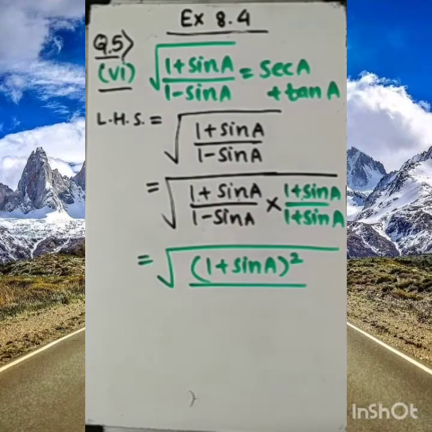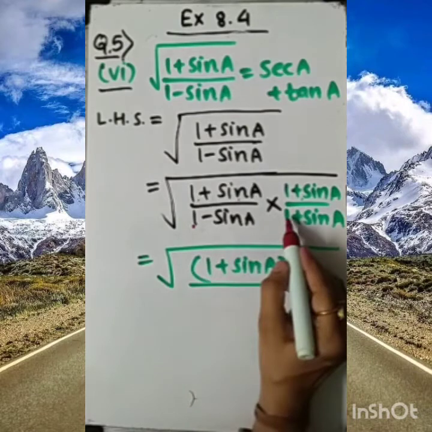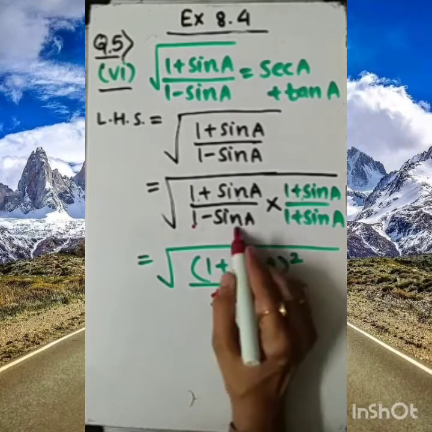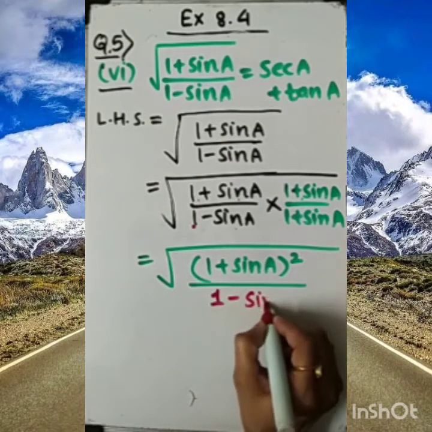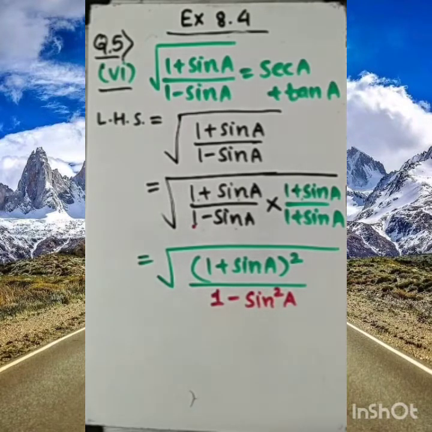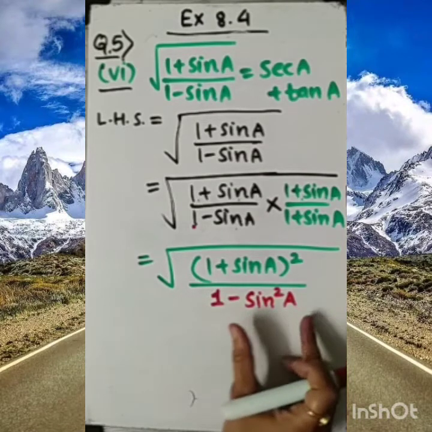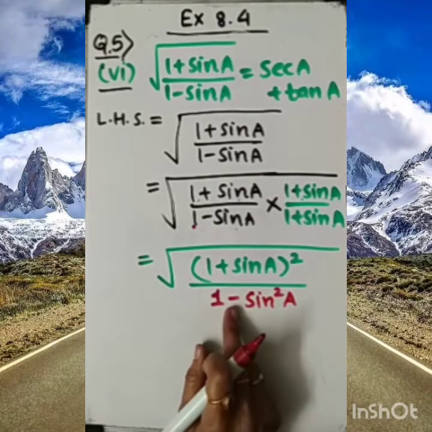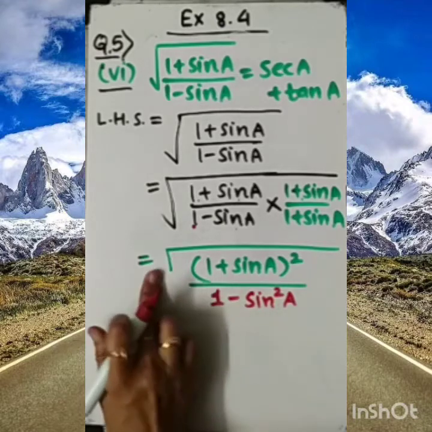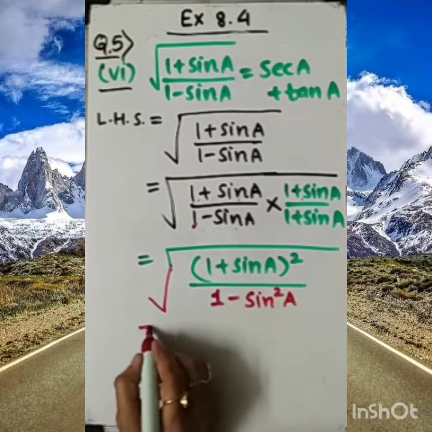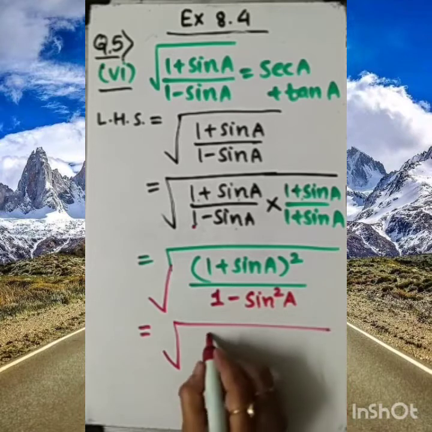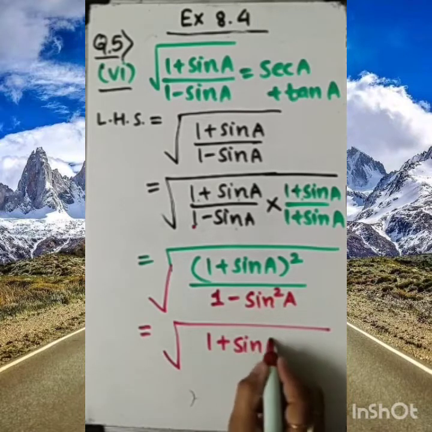Similarly, dear student, in denominator, it is 1 minus sin A, 1 plus sin A. A minus B, A plus B. So third identity, according to that, it will be 1 square minus sin square A. Got it? First square of 1 is 1 square minus sin square A. This is third identity, and here you will find always minus. And this is also in under root. Dear student, now in under root only, here 1 plus sin A whole square.